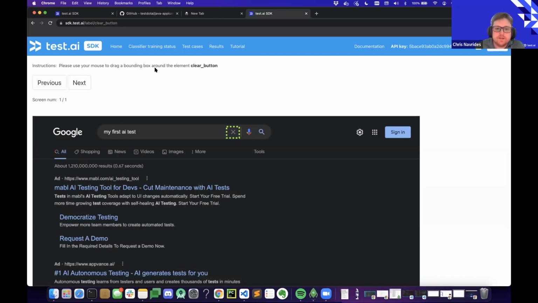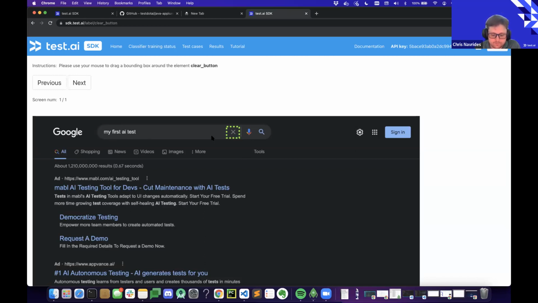Another question: if the text label changes, do we need to train again? Most likely it will require another training. It really depends how unique it is and what element. So if you're, for instance, selecting only the "my first AI test" and not the full text box in this example, if you build it on just this small little section here, then yeah, I'd probably need to learn a little bit more, with a couple of examples.